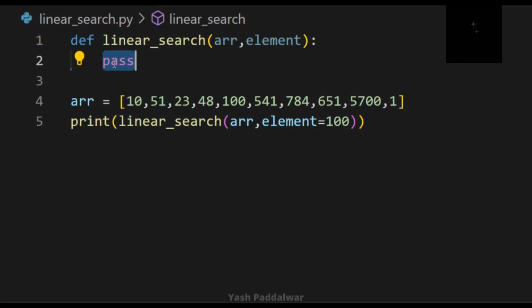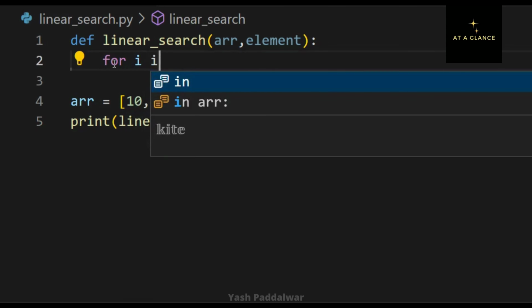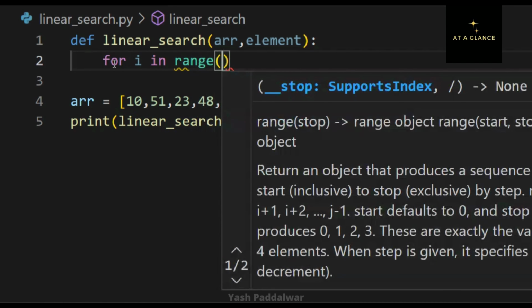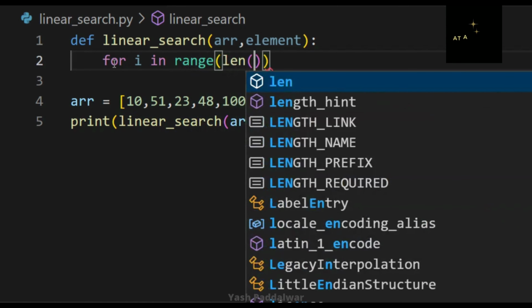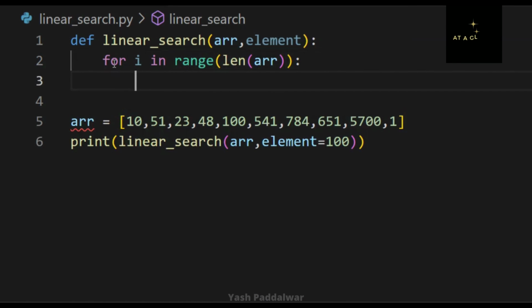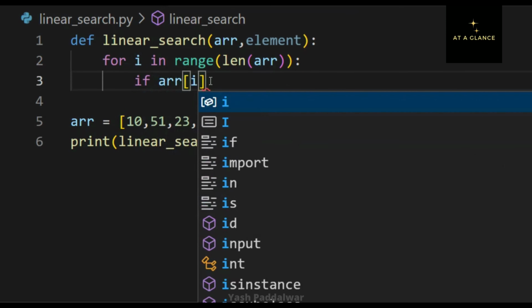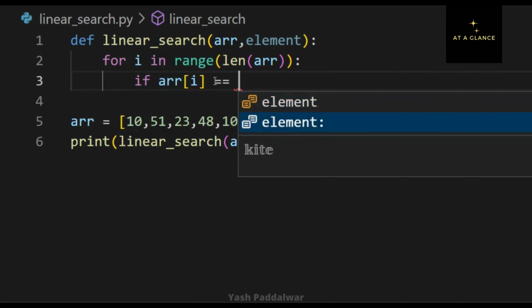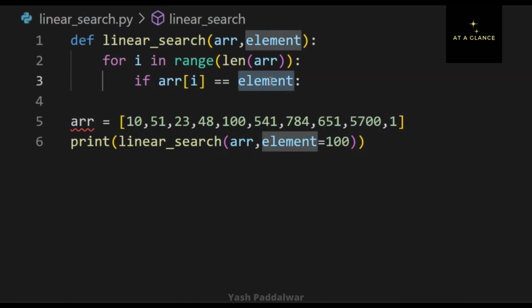So now as per the algorithm we need to iterate over the array from the left end. So here I am using a for loop. For i in range of the length of the array, i will be the counter for every current element's position. Now we will check whether the current element is equal to the element to be searched by an if condition. So if array of i equals element to be searched,